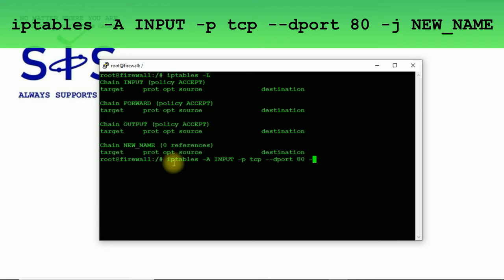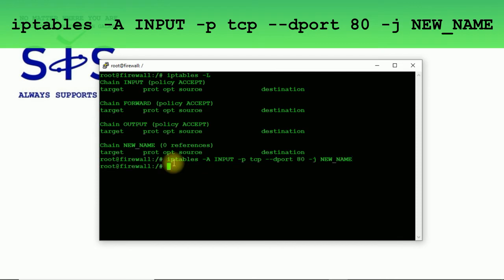Now I'm gonna use the J option, and next type a name of our new chain. So new name.